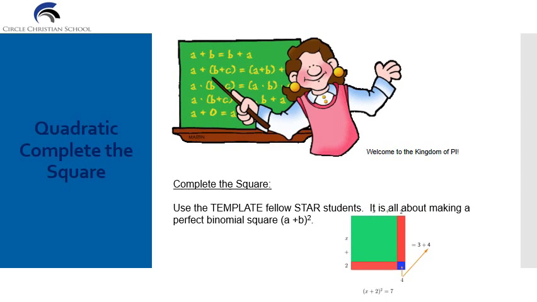Quadratic complete the square. I like to use a template when I complete the square, but the whole thing is about making a perfect binomial square because there's a lot of different things that we can use it for. Vertex form, doing the radical on both sides so that we can solve for x,